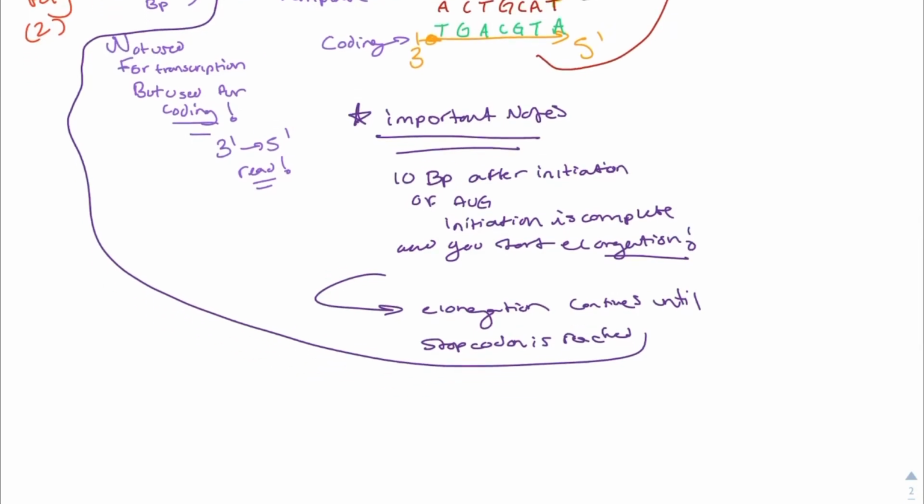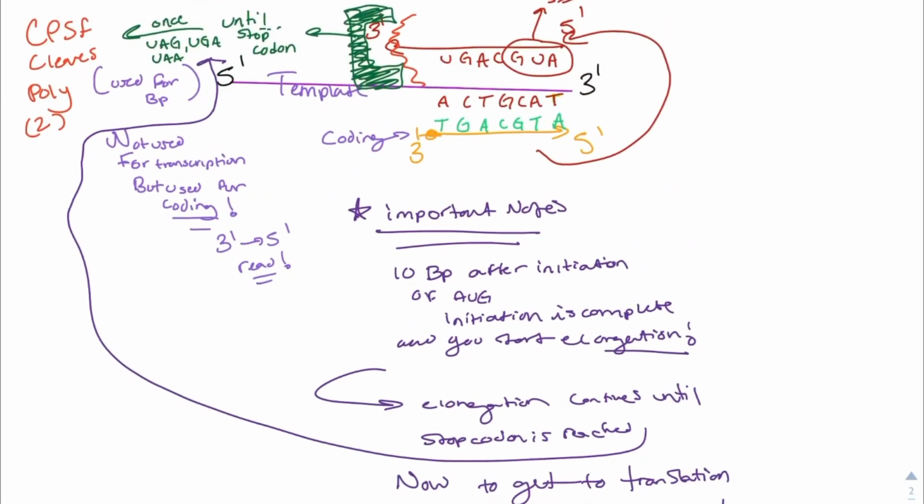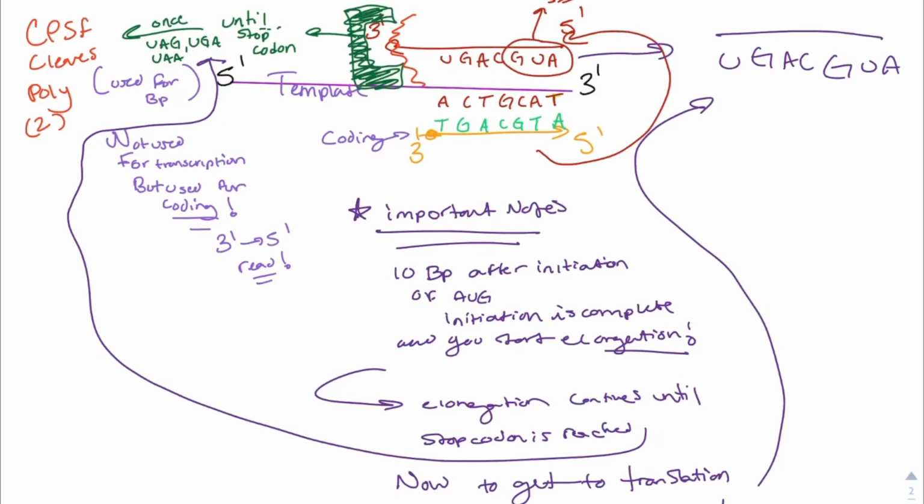Now, important note, splicing as well. So, now we gotta get the translation. A few things still have to happen. And this is where I was talking about splicing. Now, splicing is very important, and the reason why it's important is because there's so many different factors that it involves. Diseases come into play here as well as other things. But to get the start of it, let's draw our